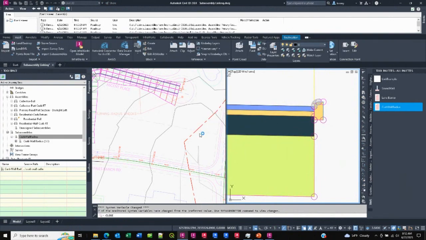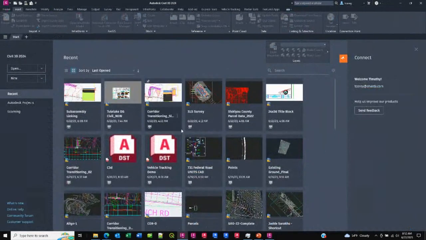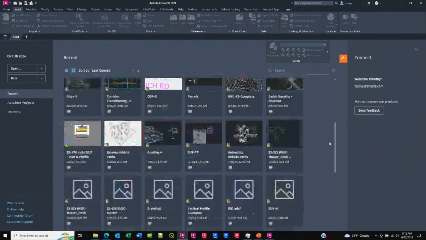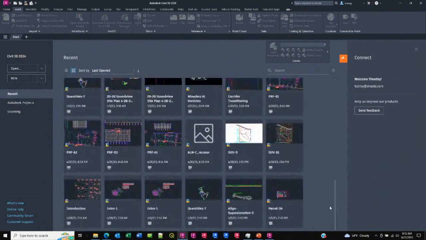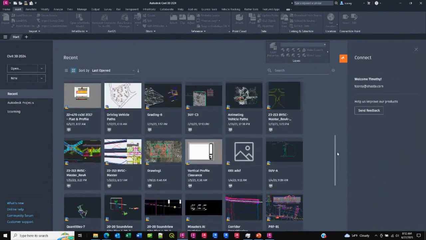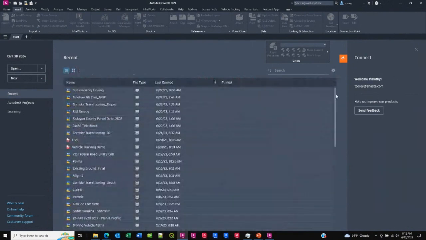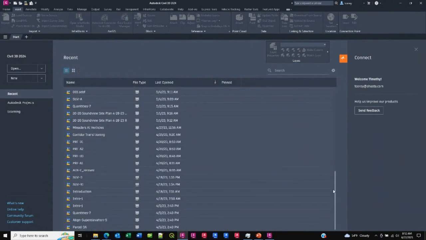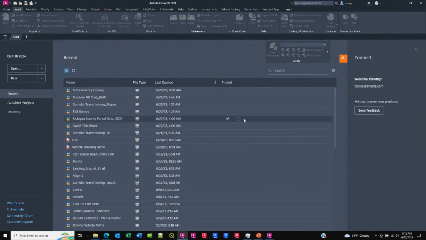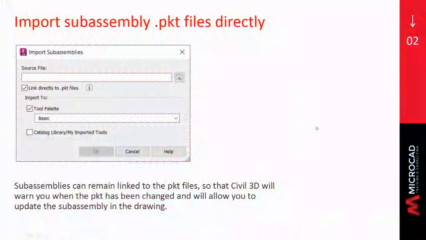I did want to show you this kind of small change, but you'll notice here on the Start tab, my previews, I have many more preview boxes or preview images than I had on previous versions of AutoCAD or Civil 3D. Or if I do the list instead of the images, the list is much longer. I like this myself. I think that's pretty cool. Okay, and back to,